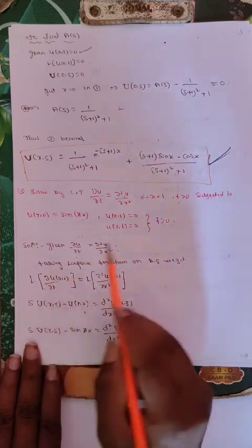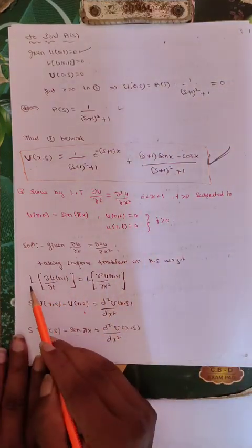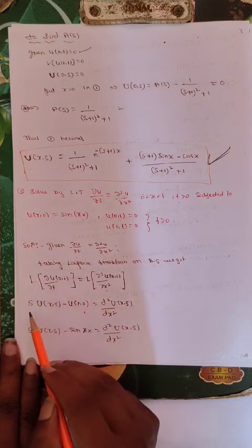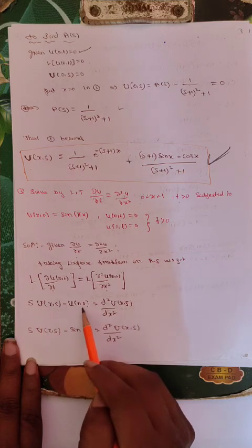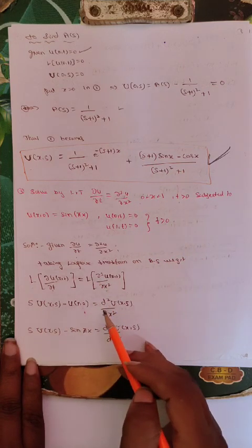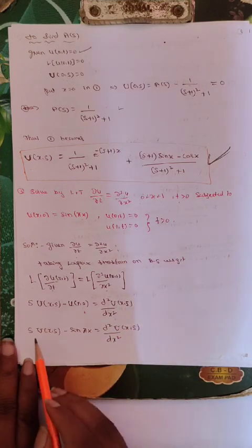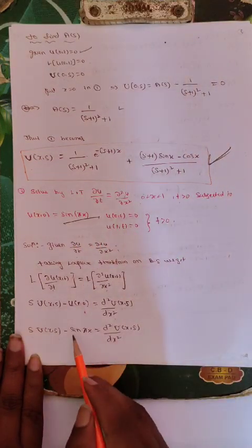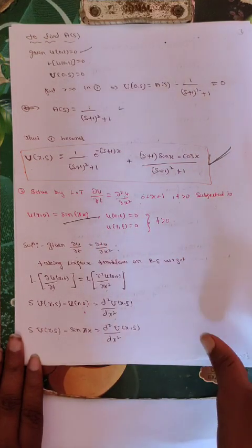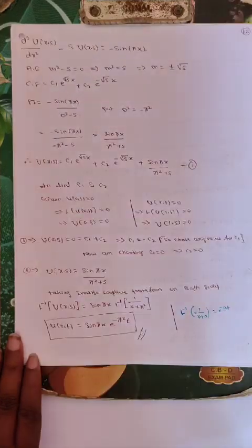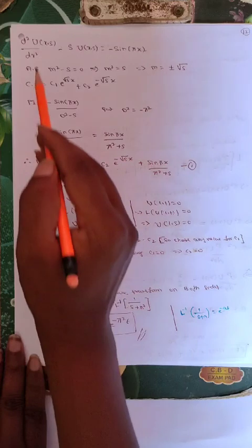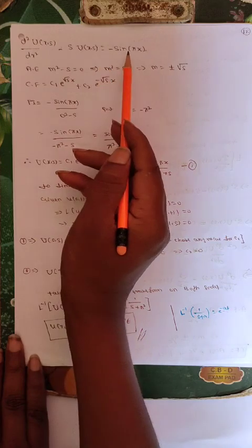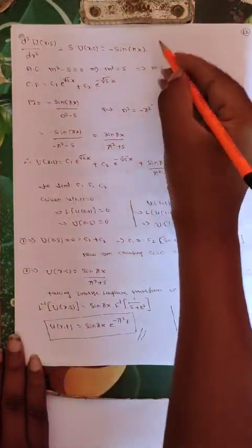For this, apply the Laplace transform on both sides, then we get L of dou u by dou t is equal to L of dou square u by dou x square. So L of dou u by dou t is s u of x comma s minus u of x comma 0. This is equal to L of dou square u by dou x square, which is d square u by dx square. So s of u of x comma s. The value of u of x comma 0 is sin pi x. So this is equal to d square u by dx square. Next, d square u by dx square minus s u of x comma s is equal to minus sin pi x. So we have to solve this equation.